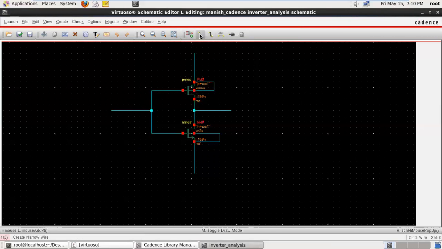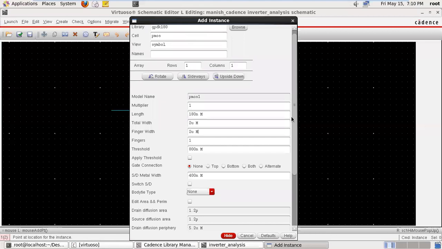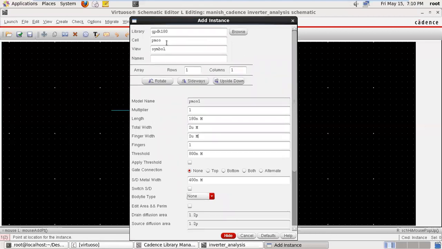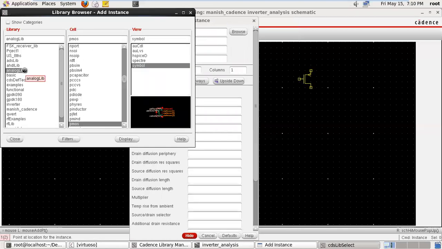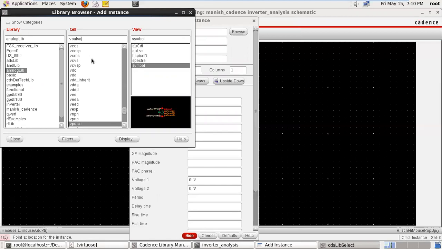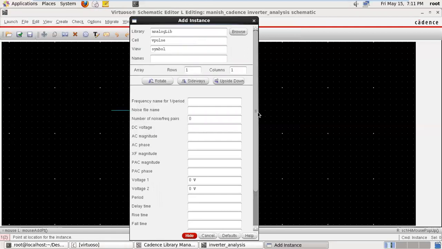So for the power supply, again go to the instance. Here we are selecting the analog library for the different components and the supply. Here we are selecting the vpulse. In vpulse we can give the DC as well as AC as well as the transient source. Okay.